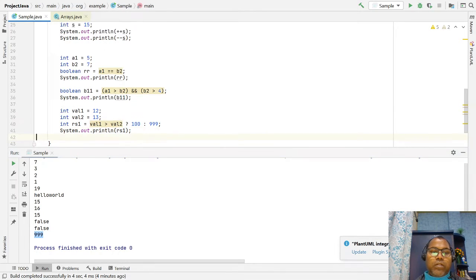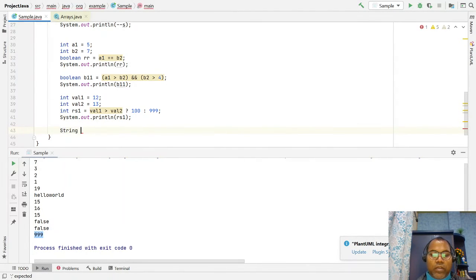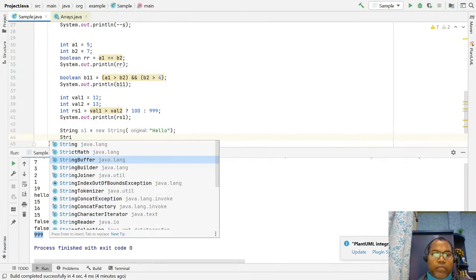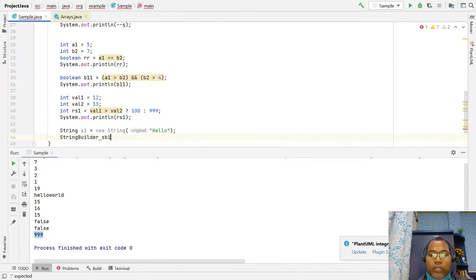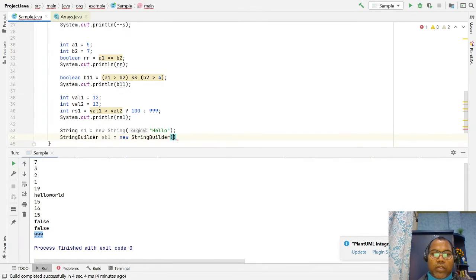Let's talk about it with an example. We have two objects: a String s1 equal to new String, type hello. And we have a StringBuilder sb1 equal to new StringBuilder, hello.